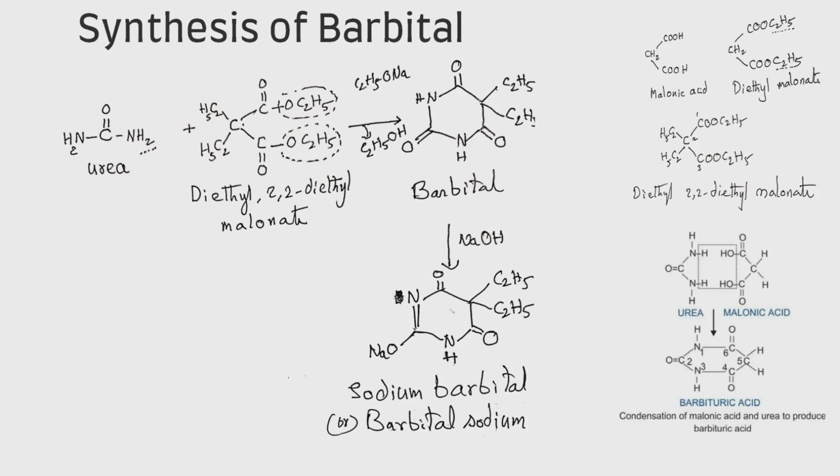Synthesis of barbital. Generally, urea condensed with malonic acid gives barbituric acid. Here in the malonic acid, a hydroxy group and hydrogen are removed as a water molecule. These two water molecules are removed, and the urea molecule condenses with the malonic acid and forms a cyclic structure,